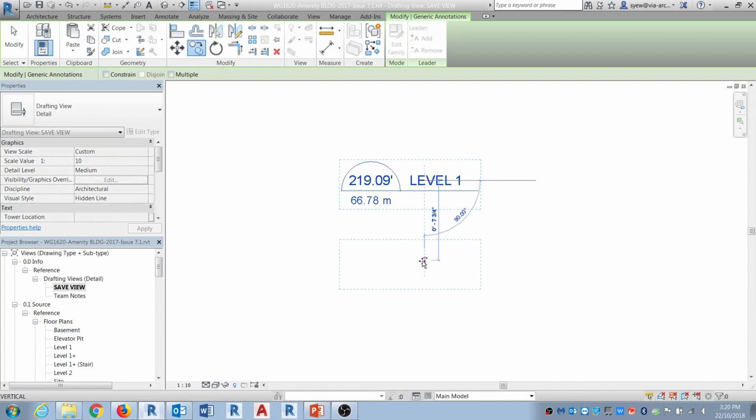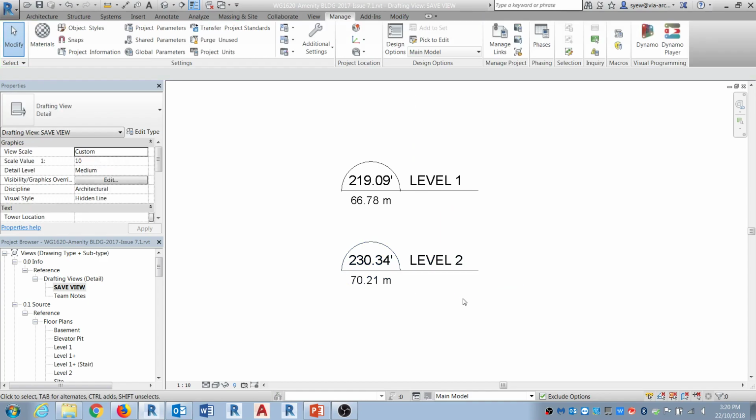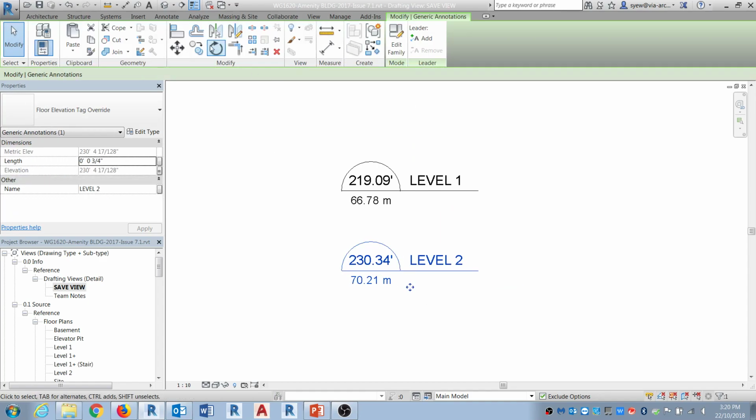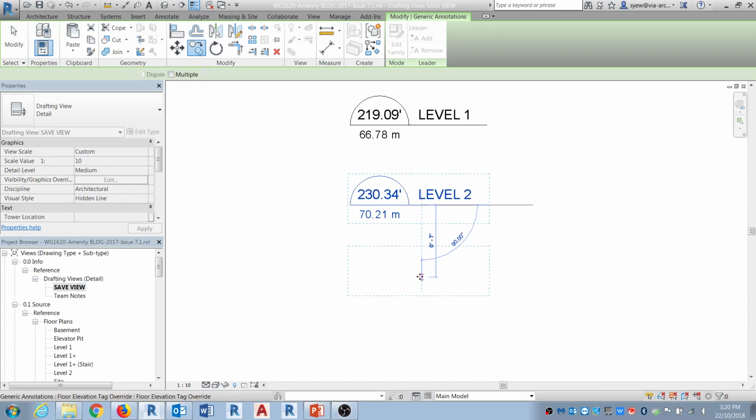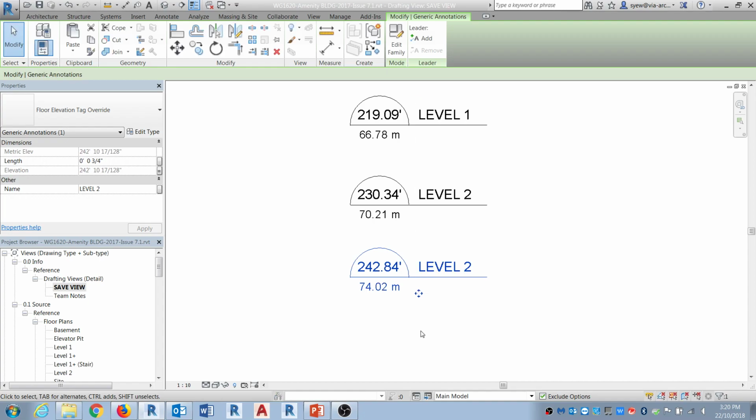Say this is level 2, so I'm going to say level 2. You can create the type parameter, but I'm just showing you very quickly what this could do. And you can actually add a parameter where you could say subtract the elevation from this. Now, the benefit of doing this